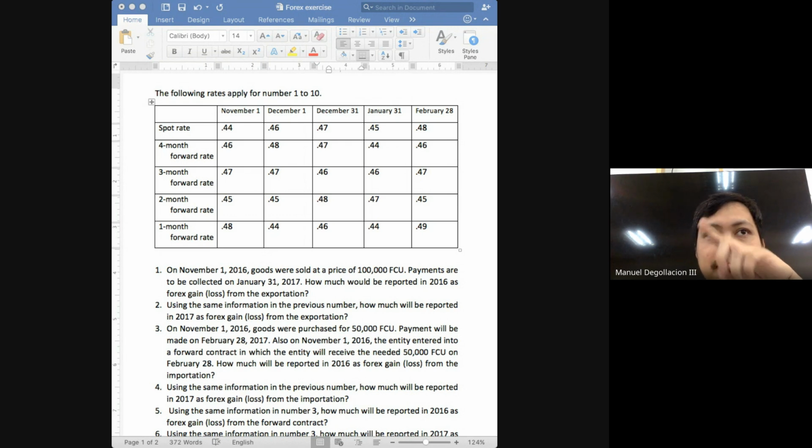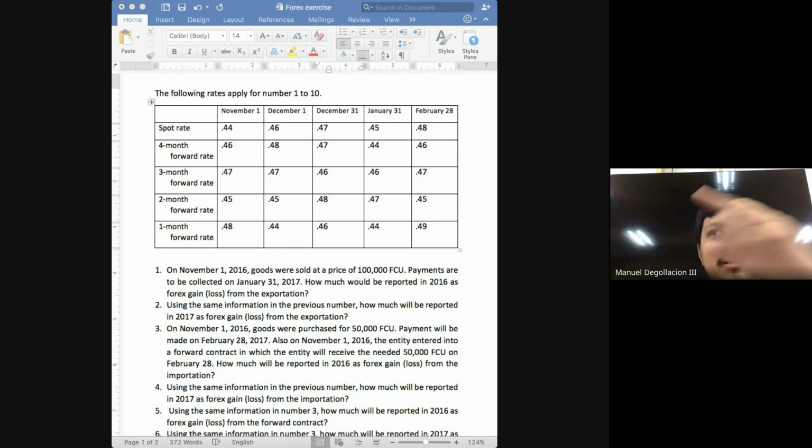Do you need to adjust your accounts payable and receivable? The answer is yes. Okay, you have already adjusted it on December 30. So you will have a loss of 0.01. You will have a gain of 0.01 on December 31. But what's the net effect? It will just be 0 because from December 30 to December 31, it just went back to 0.45. So it's not practical to do it every day. So what do we normally do? Again, theoretically, you have to adjust it every time the spot rate changes. But again, it's not practical. So what do we normally do? We adjust the balance of your accounts payable or receivable on the adjustment dates.